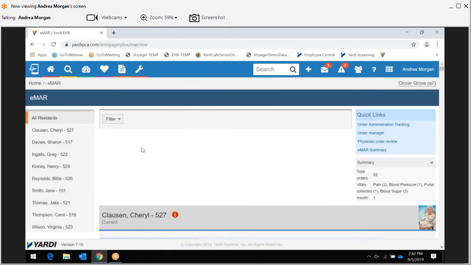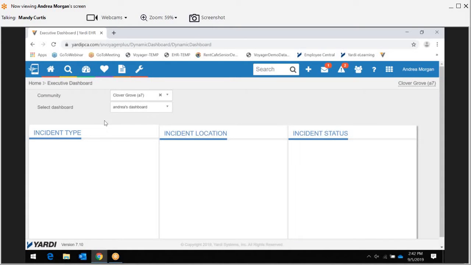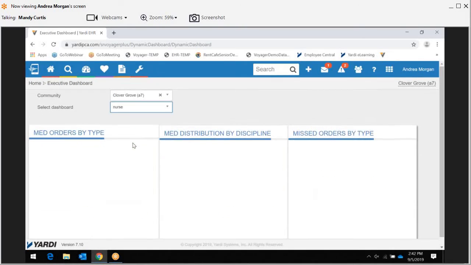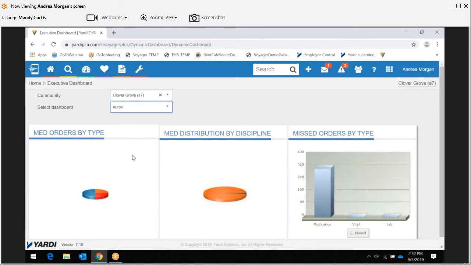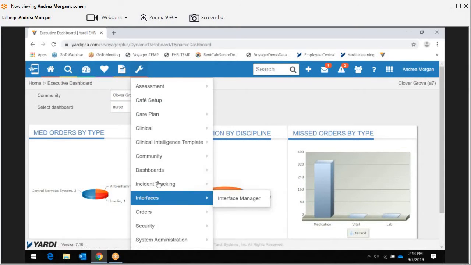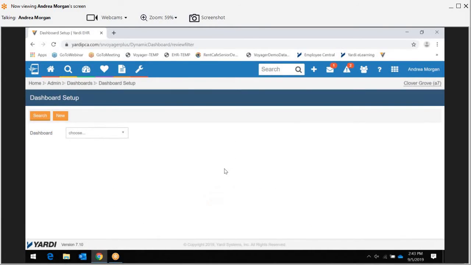Where they're at with a med pass, meaning what? Like how much they've completed of their med pass without looking at it? Or to see if there's missing assignments, or if there's gaps in their pass. How can I verify that the med tech has completed 100% of their assignments by the time that it's due? Yeah, I'm going to say there's a possibility that you could do that through the executive dashboard. You might be able to set up a dashboard for that. Let me just see if that's one of the